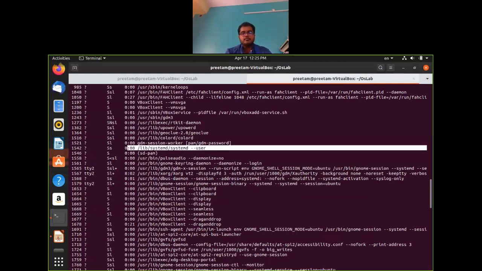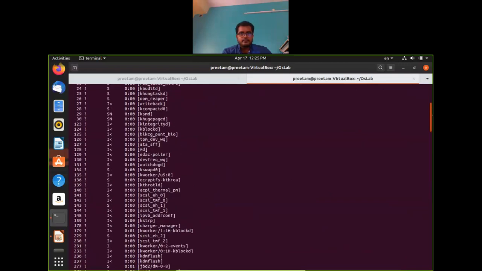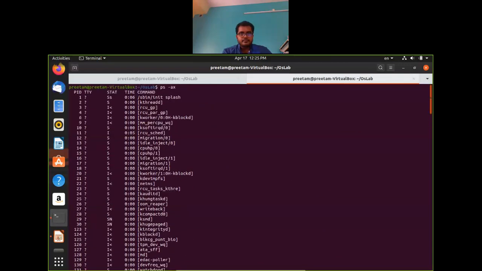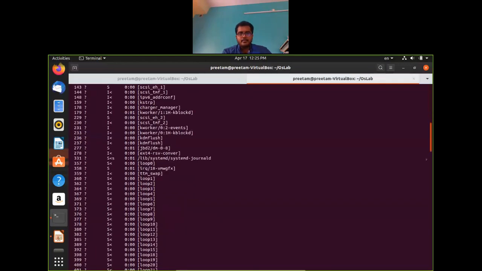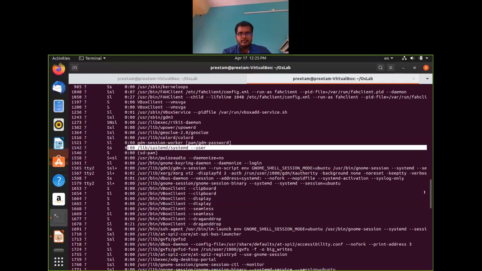So 1542 is nothing but the systemd. And systemd is again nothing but the init. If you run it as a tree, PID 1 is init, okay. Whenever I have started it, probably this is for the user.